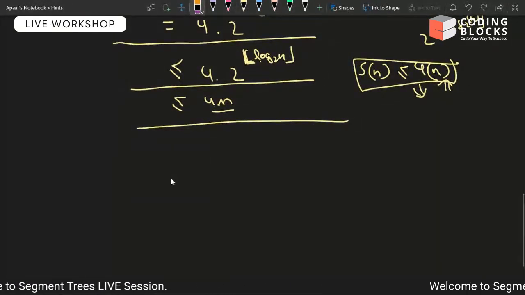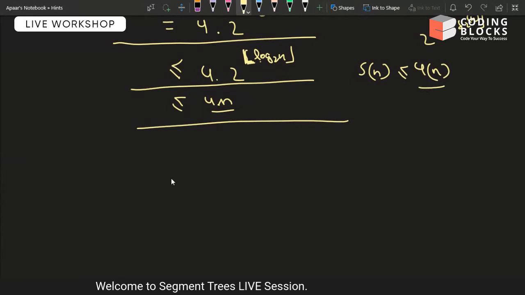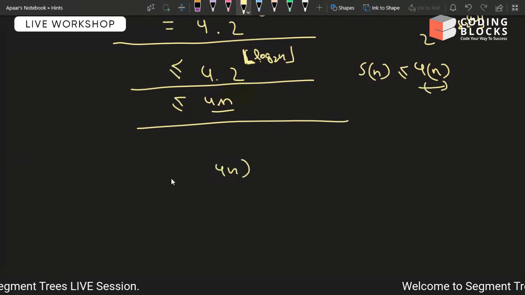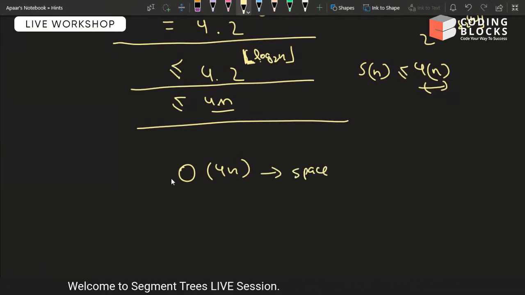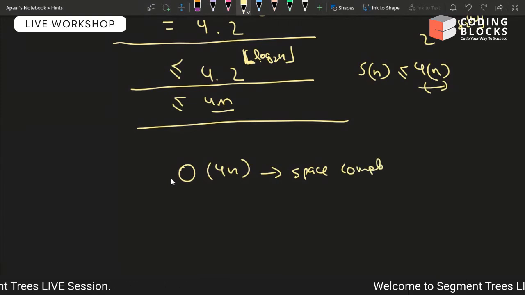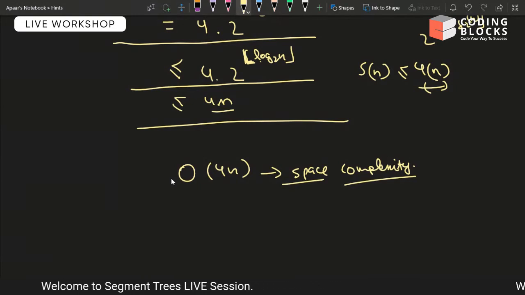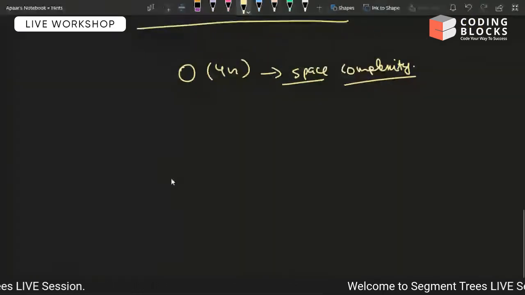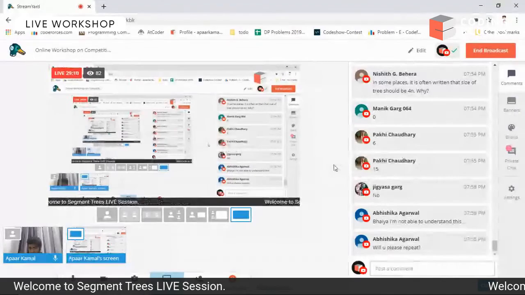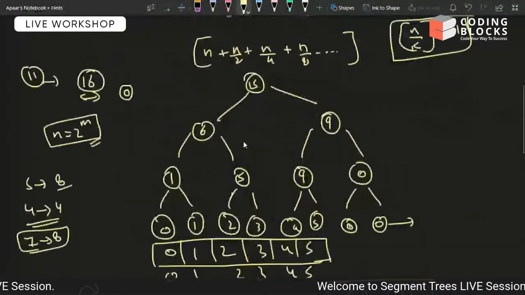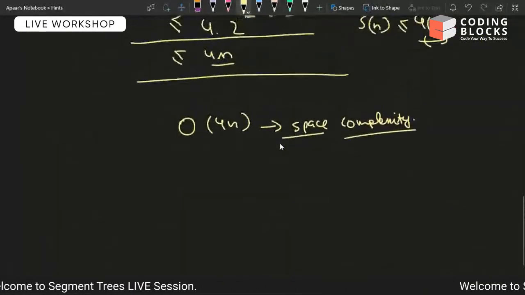Right. So guys, what will be the space complexity of my segment tree? If I try to build a segment tree, then how many nodes will I need? I need 4 into n nodes. So this is my space complexity for a segment tree, if I try to build a segment tree on an array of length n. Okay, I hope this much is clear to you all. Right. Now moving forward, do I need to check the doubts? Okay. Right. So this was my original segment tree over here, and this is the proof of the space complexity of